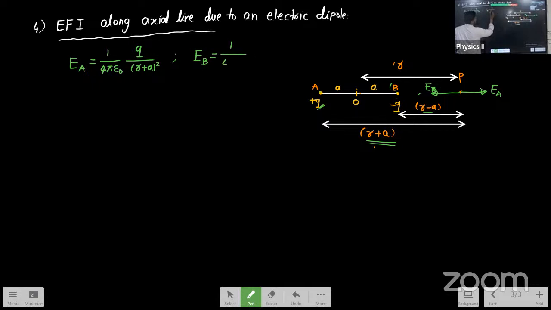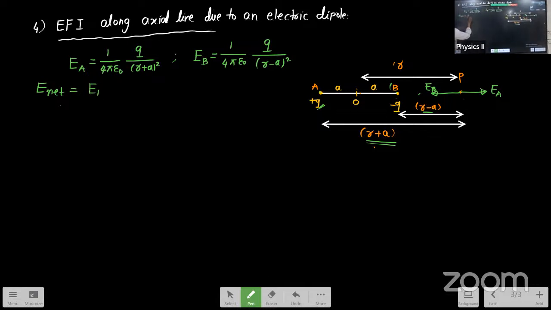1 by 4 pi epsilon naught Q divided by, what is the distance from B to P? It is (R minus A) whole square. I hope everyone understood till here. Now we are going to determine the net electric field due to this electric dipole. I can write net electric field E net is equal to